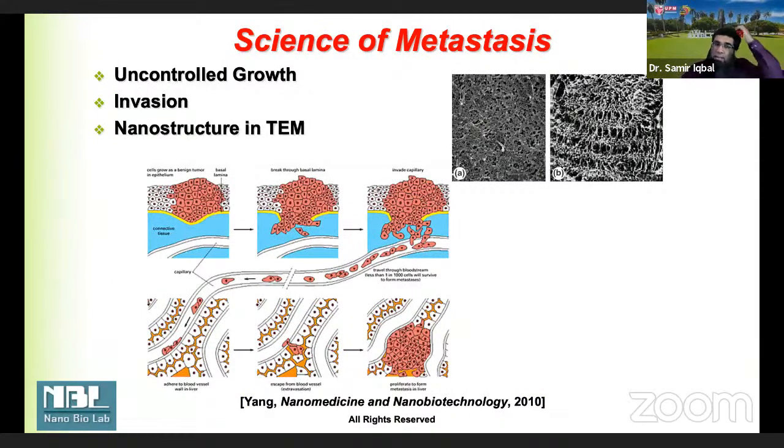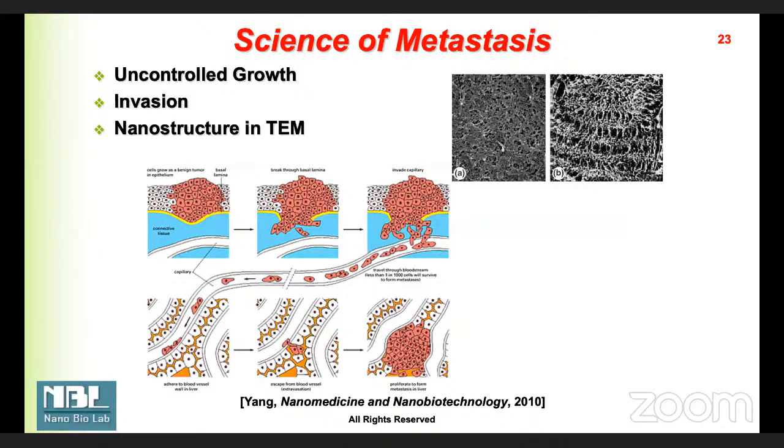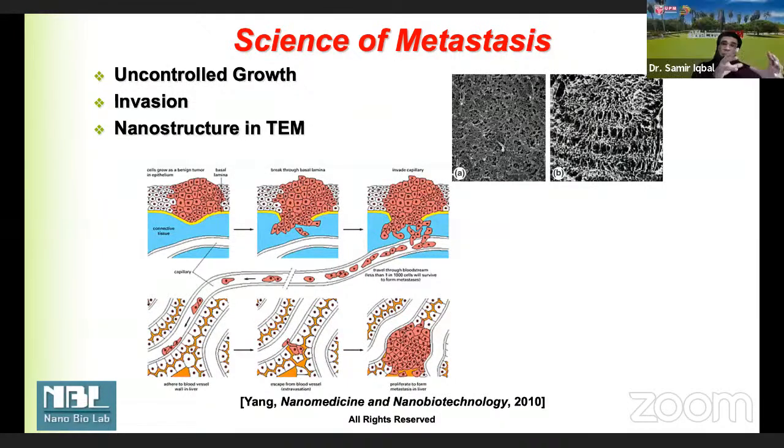So in metastasis, what happens, as shown in this figure, is that the red cells, the tumor cells, have to go through a level of structures in the body before they get to the bloodstream. And on the other end, when they have to get back to create a secondary tumor, they again have to go through a bunch of body structures.